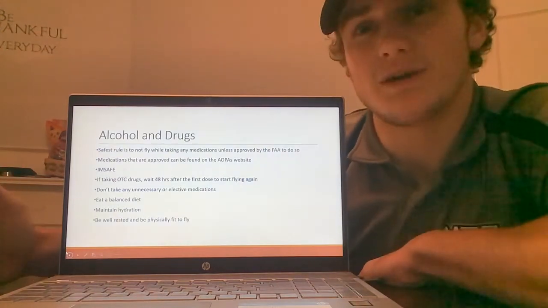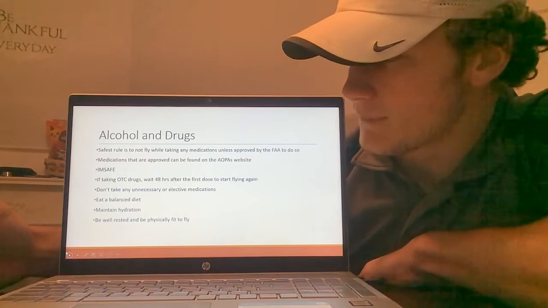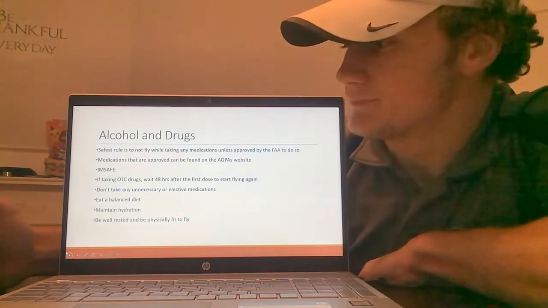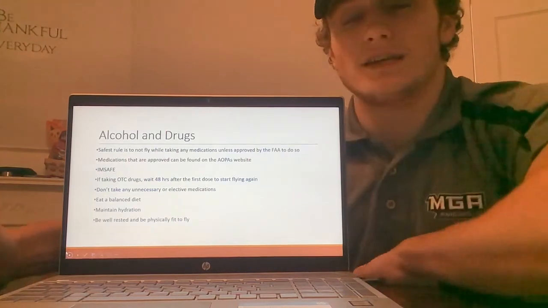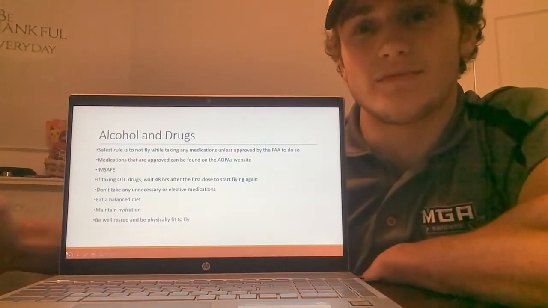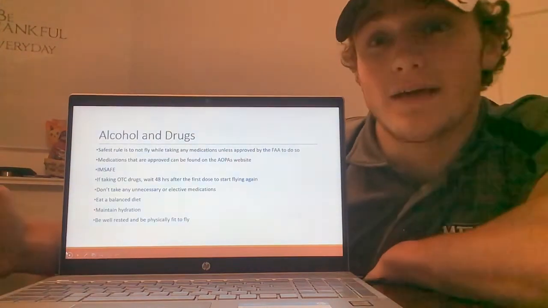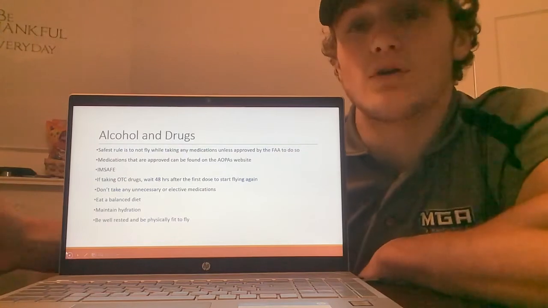Any fatigue, you want to make sure you're not fatigued. Have you got enough rest? Are you eating a good diet? And then E would be any emotional states, or have you eaten? Make sure you eat and make sure there's not anything emotional that's going to affect you during your flight. And every pilot should go through that check prior to flight to make sure that they know that they're safe